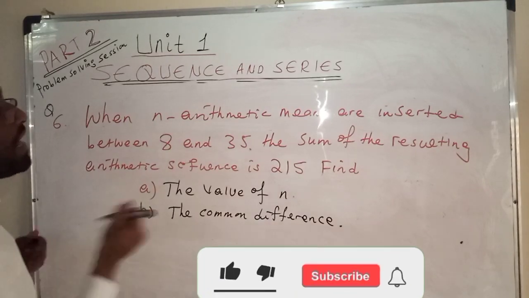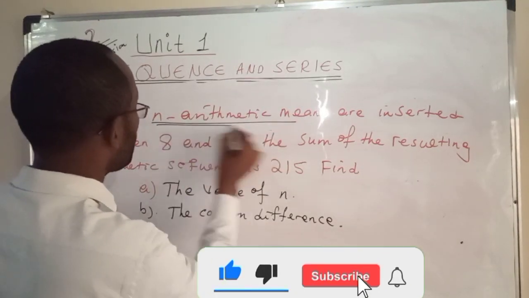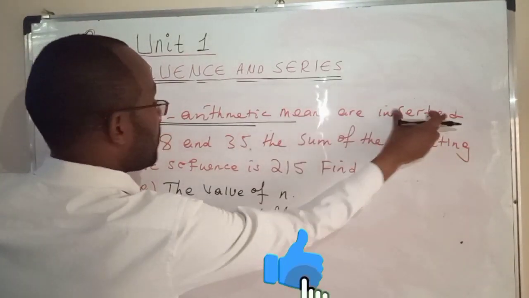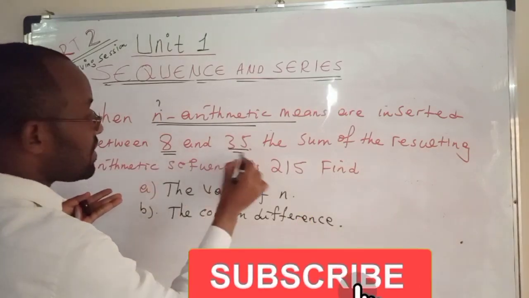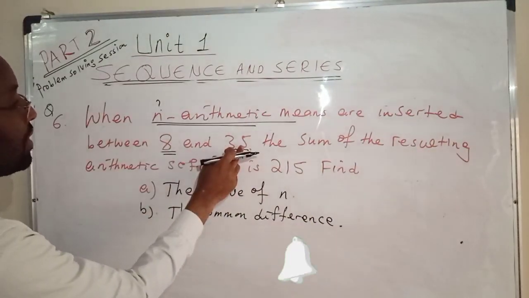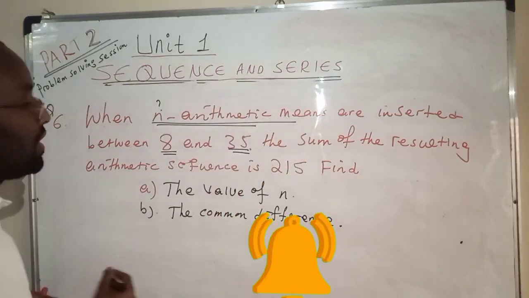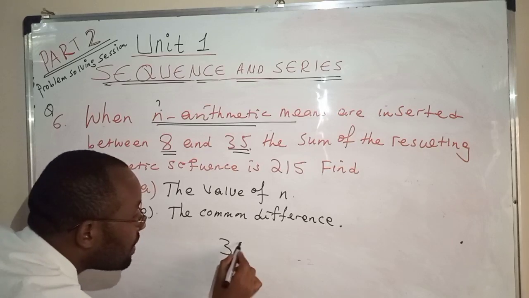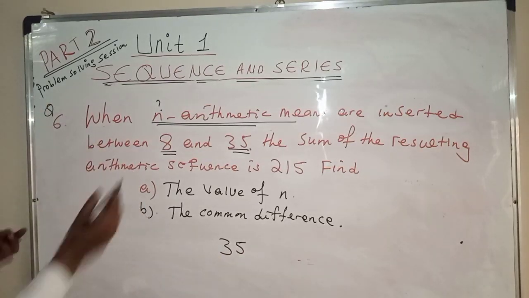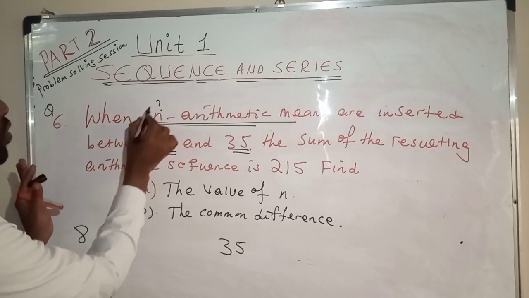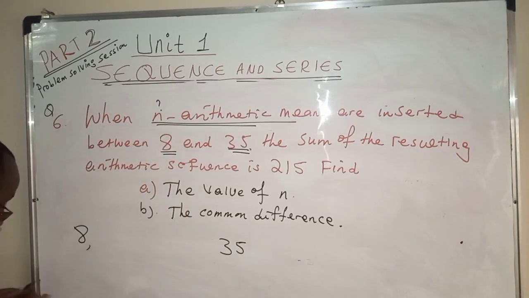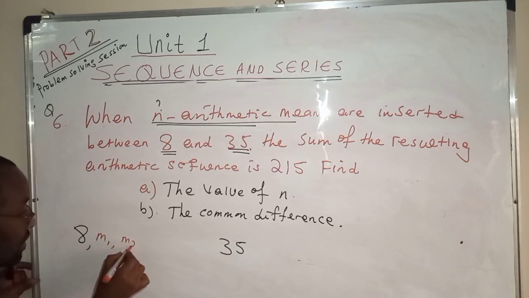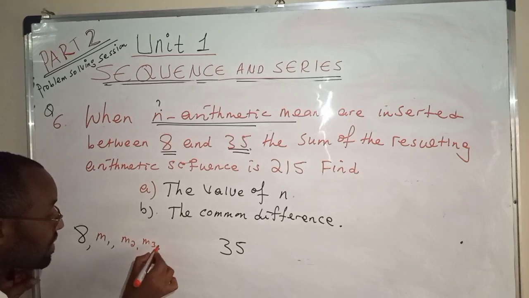Question number 6. It says when n arithmetic means are inserted between two numbers 8 and 35. That means 8 is our first term and 35 is the last term. So how many arithmetic means are inserted between these two numbers? We don't know, n. So let's say the first mean is m1, the second mean is m2, m3,